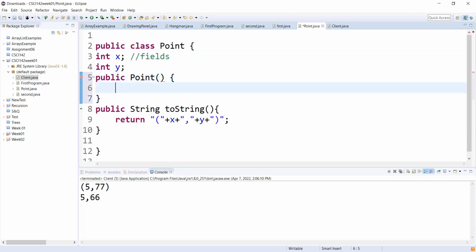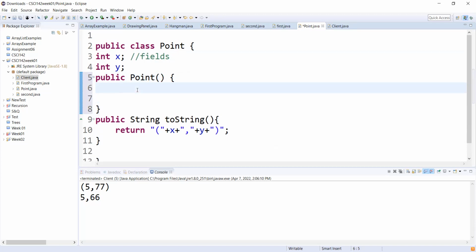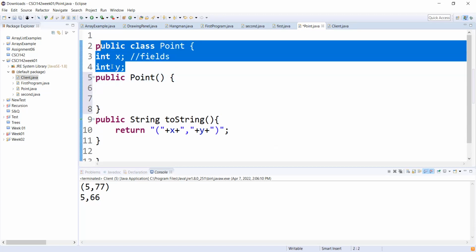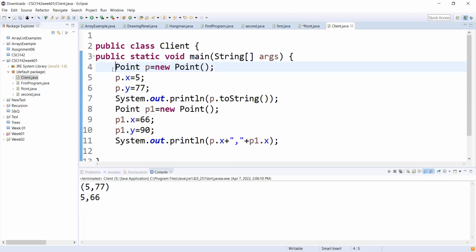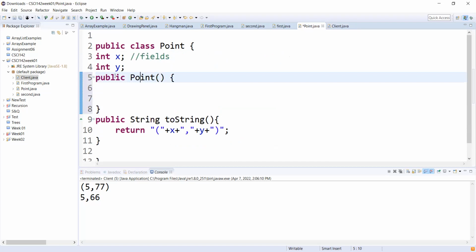If you don't have a constructor, Java creates a default constructor for you, having x equals to 0 and y equals to 0. You can have multiple constructors with different numbers of parameters. As you saw, there was no constructor. So when you said new Point, open close parenthesis, that was acceptable. But what if I create a constructor like this, public Point,